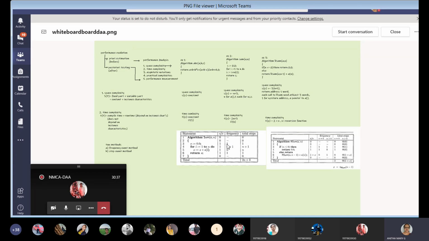So how many times is S assigned to 0? Maybe if you want to find the sum of, say, 10 numbers, before that, instead of it taking garbage values, we assign sum to 0. And then we start giving the values in the loop. For every iteration of I, we add to the total. So this assignment will take place only once.